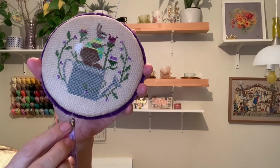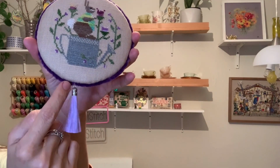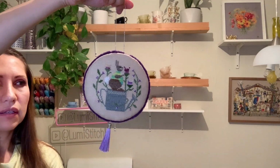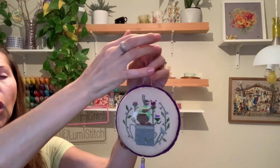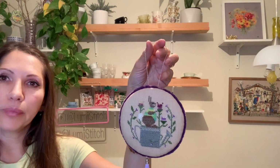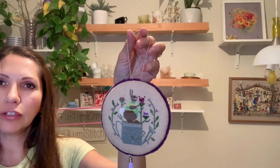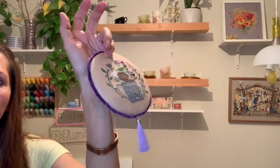This, all you have to do is use invisible thread, after you did all that, to glue it on and sew it on. So I think this is a new way that I'm liking, because I'm gonna put this right here on a door of my chest. I have this antique chest from 1947, and I think it would look nice there. Yeah. Okay, next I have